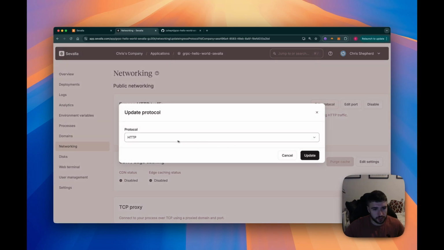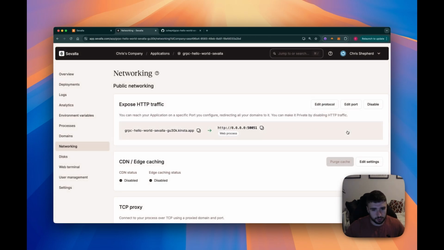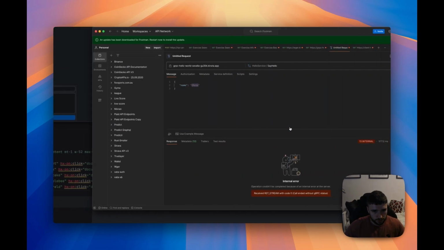And we actually need to change the protocol as well. So by default it sets the protocol to HTTP, which would be fine for a regular RESTful service, but for this we want to use gRPC. So we just need to update the protocol here, and this will expose it as a gRPC service. And now if we go back and try again,